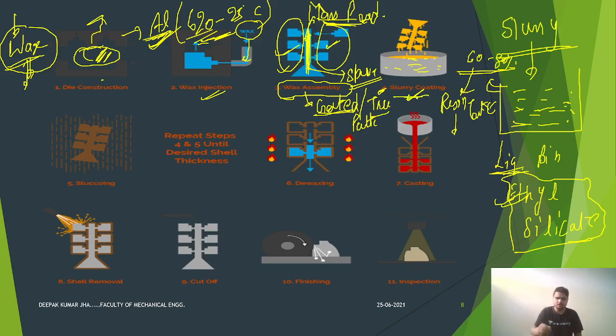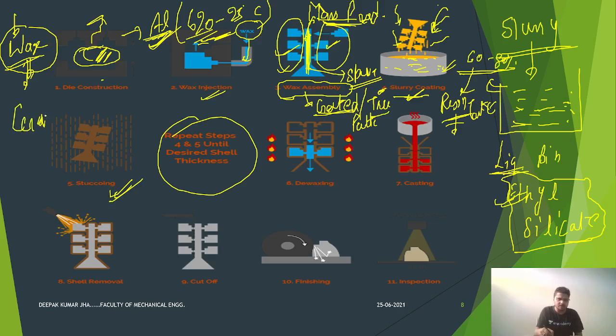Now what happens? See over here, 6 to 7 cycles are repeated. Now what this wax pattern has done, it is dipped into the slurry, and a ceramic spray is moved over here. You can see in this process, this is ceramic spray powder which we are spraying, and it is then dried, then again dipped, then again dried. See, repeat this step 4 to 5 times. So what we are doing, we are dipping this wax pattern again and again into this slurry, which contains different resins and chemicals which can easily bind upon the wax to produce a desired coating, and then a ceramic spray is delivered, ceramic spray.